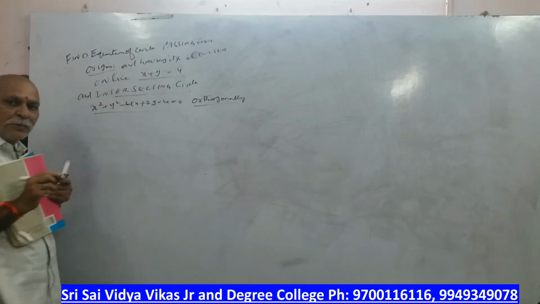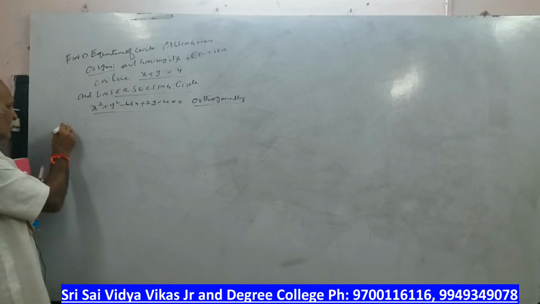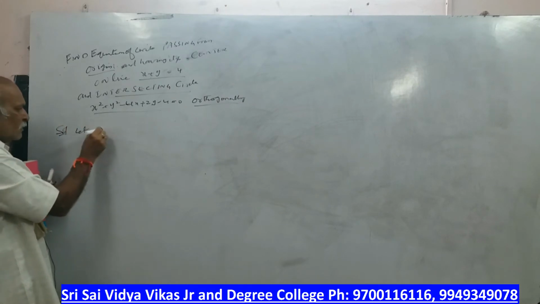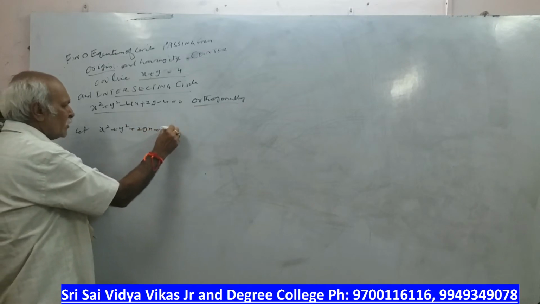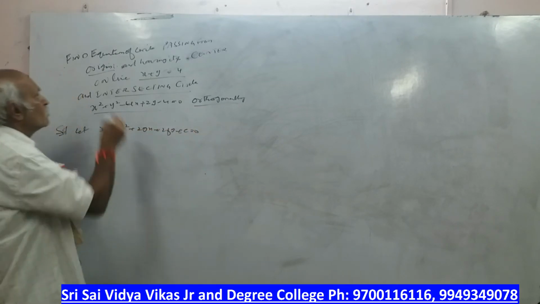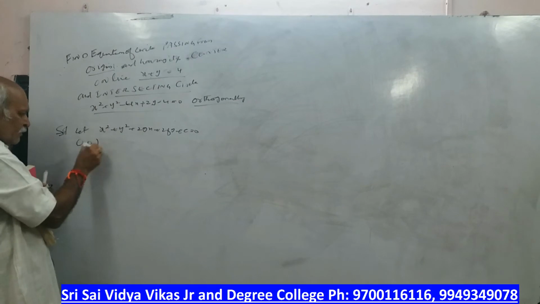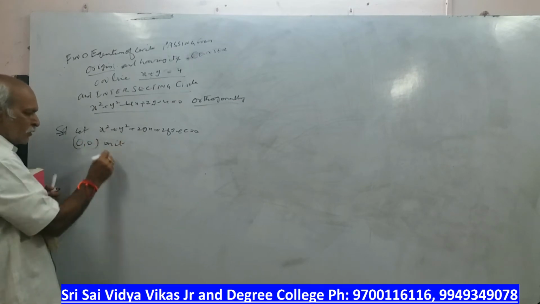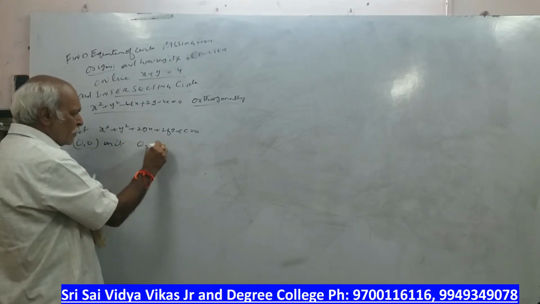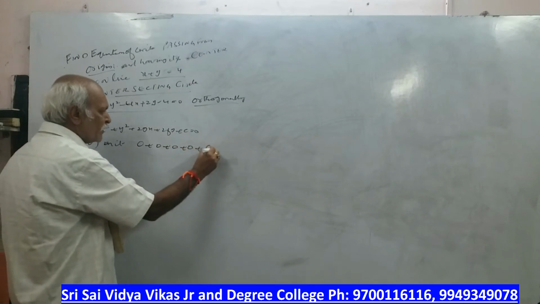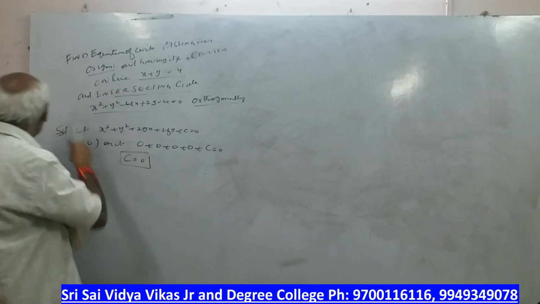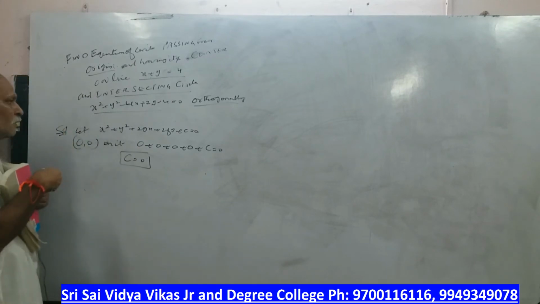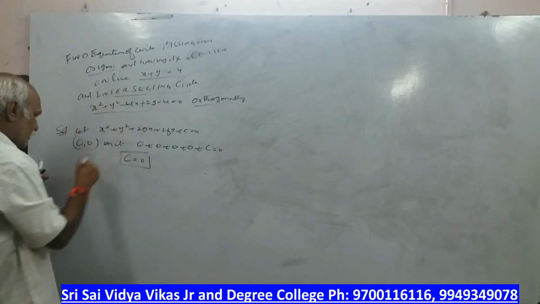I am underlining the points which are very, very important. Now, solution. Let the circle be x square plus y square plus 2gx plus 2fy plus c is equal to 0. What is the point he has given? Origin, 0 comma 0. On it means 0 plus 0 plus 0 plus 0 plus c is equal to 0. What is the c value? 0. Next. Now what is this? Center. So what is the center?